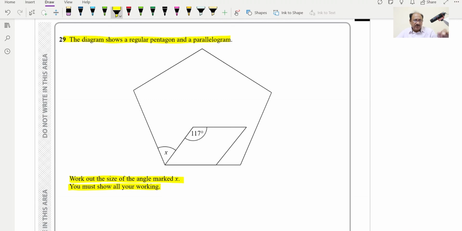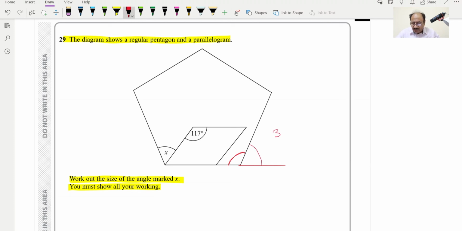So what we can do, we want to reach this angle. First of all, we will calculate this complete angle. I'll change the color. To calculate this angle, we will check for the exterior angle, and this exterior angle will be